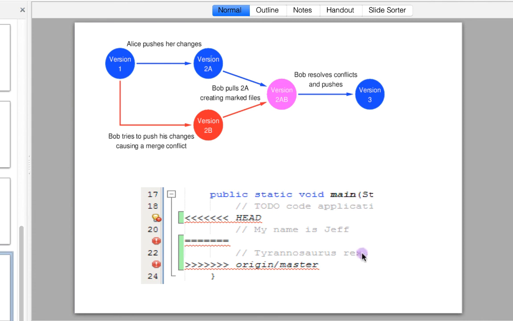Once I have done that, I need to tell git that I have resolved the conflict. For that I use the git add command. Once the conflict has been resolved, I say git add and the file name. So git will consider it resolved, and then I have to commit these changes to my repository. We'll be doing some examples using the command prompt and a visual UI, to see how we get the conflict and how we can resolve it.